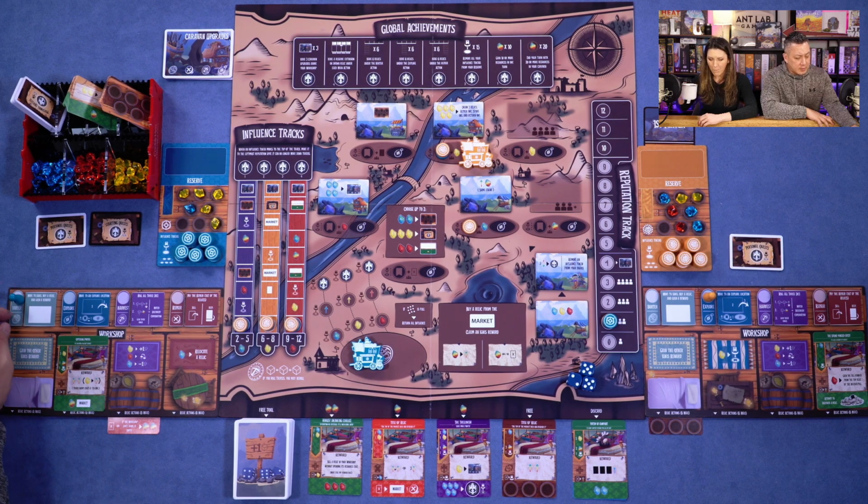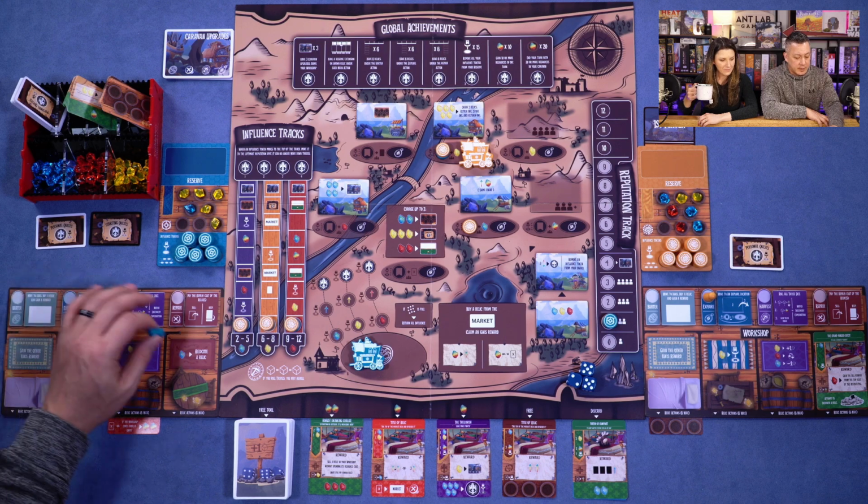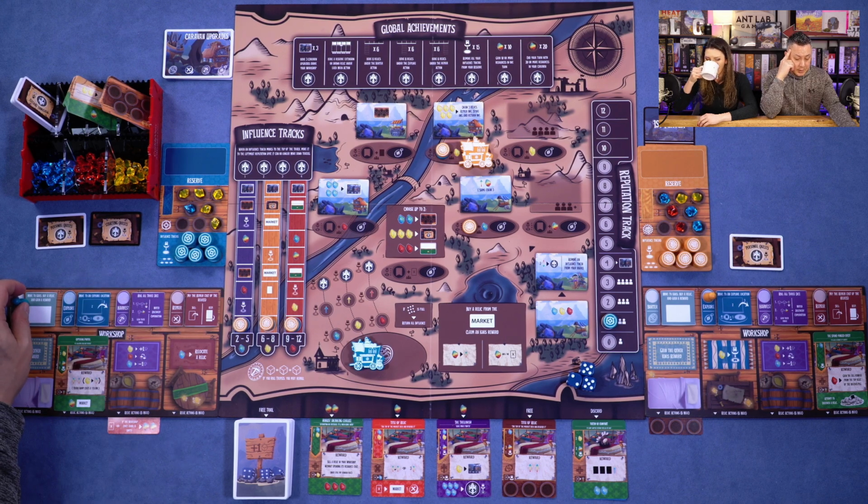Obviously you can't leave your pawn on the same action. You always have to move it to some other action. But I think I'm going to probably go...